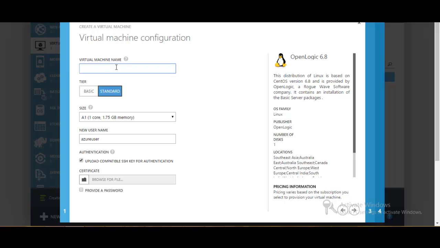So I am going to give the name here: Cloudera master demo. Okay, so let's give